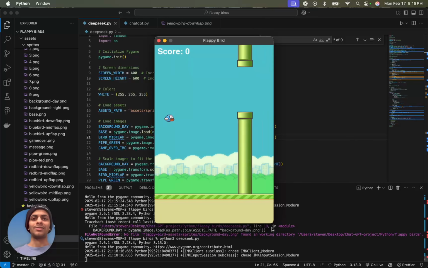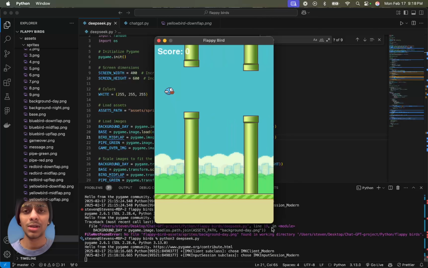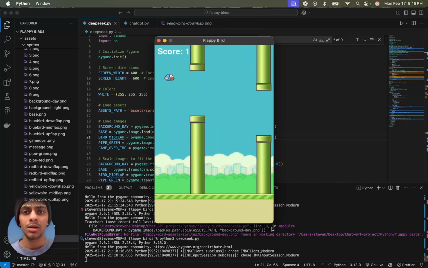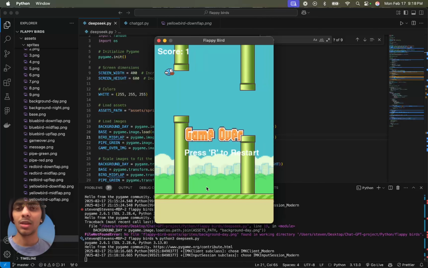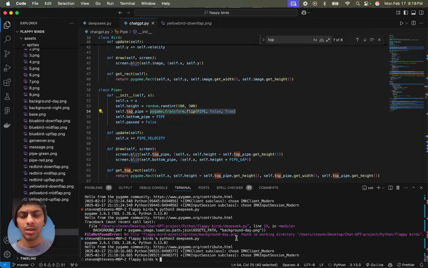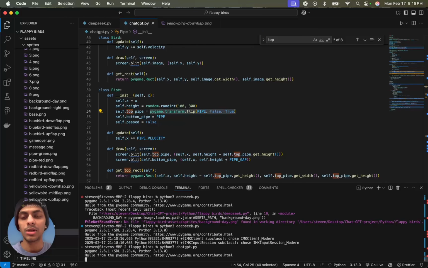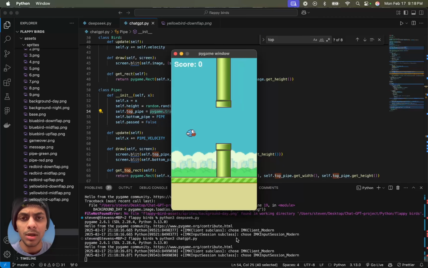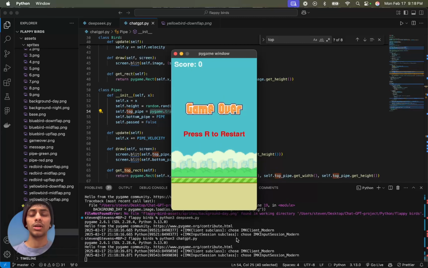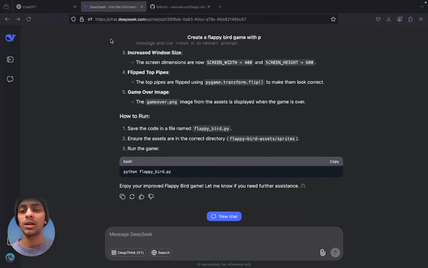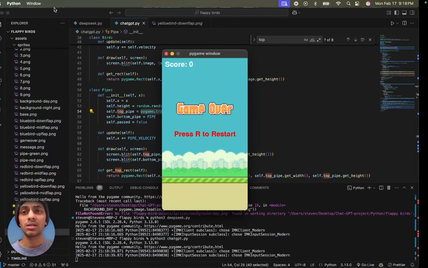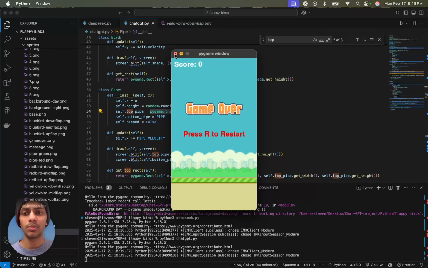Oh, pretty good. Both of these are pretty awesome. Maybe one thing that I noticed about the ChatGPT's version of the game, let's run the ChatGPT's version. It's smaller compared to the other one. I know we have already tried to make it better, but I think we can make this much better